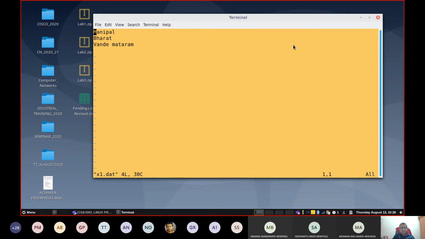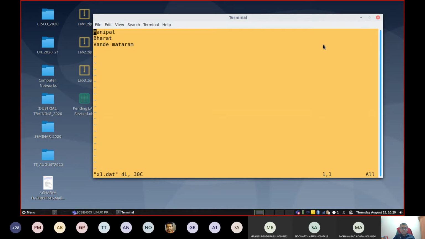But working with the VI editor, there is a small learning curve required here. Now actually we are in the control mode. We can view the content here. In case you want to edit or modify anything, you have to press the I key, insert key, first of all, because this editor works in two different modes: one is control mode and the other is input mode.